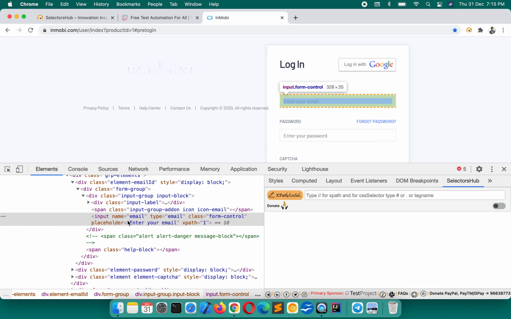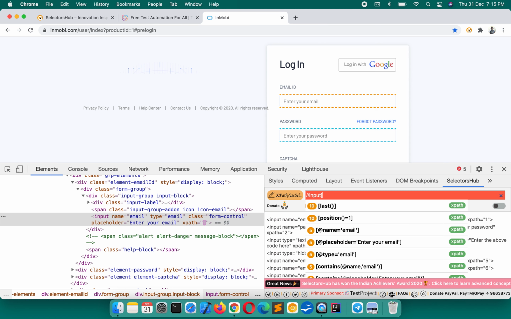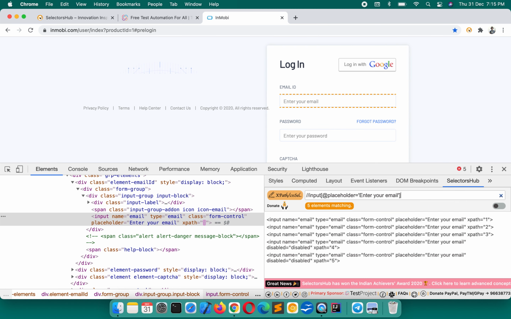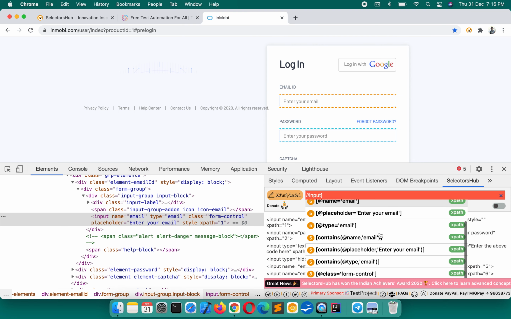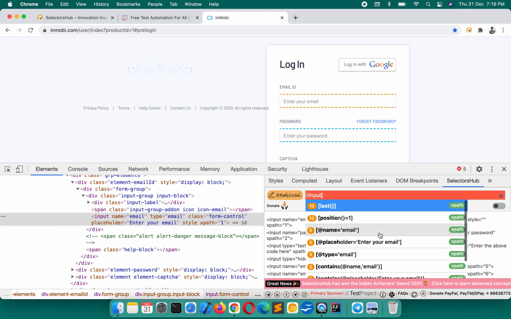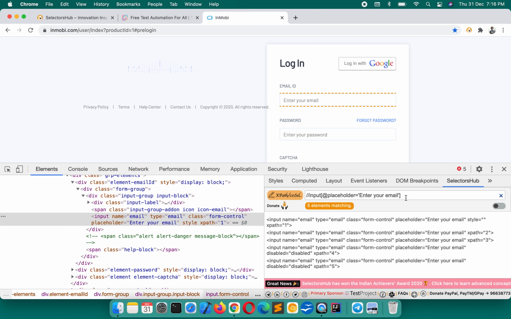Write the XPath for this element, and you see that none of the attributes shows a unique match. Each attribute shows more than one matching node. Even the placeholder is not single. There are 5 elements. What do we do now? We go back to a parent, and we always avoid using indexes. We'll show one example with indexes as well.